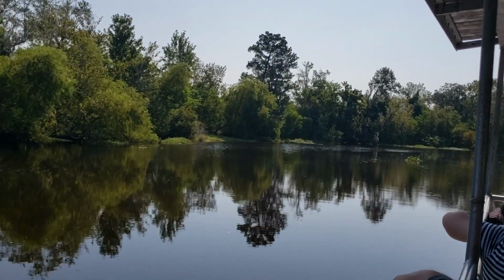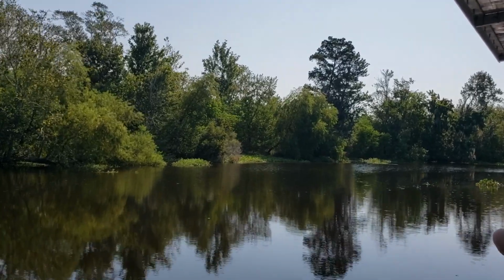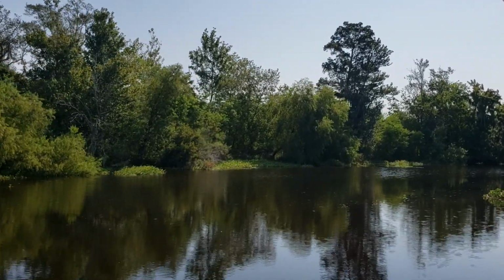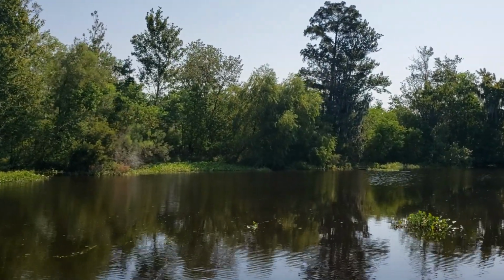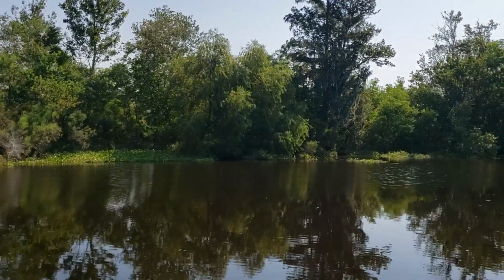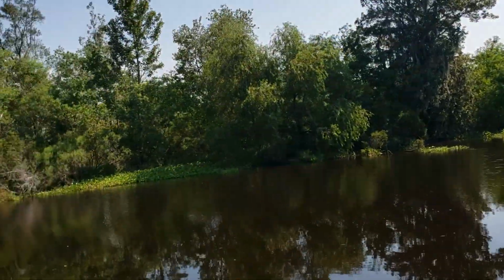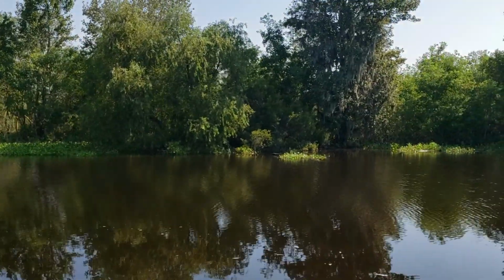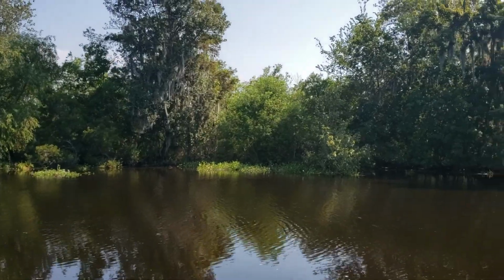Overall, this waterway averages about 4 feet. It gets right over 5 feet at times, depending on how much of a tide pushes inward. Right now, what has an effect on our weather, the tide, is the pressure. You've got high pressure, low pressure. Anytime you have low pressure pushing in from the Gulf, water's going to be higher. Believe it or not, that's the way it works around here. If the temperature's higher, like